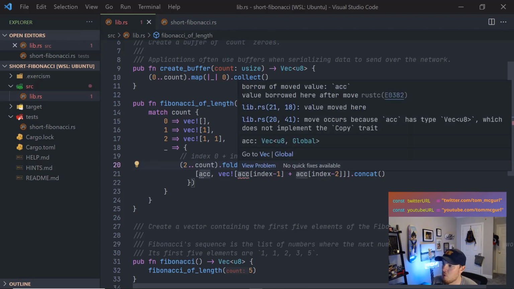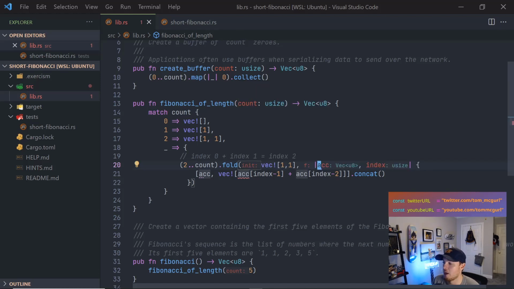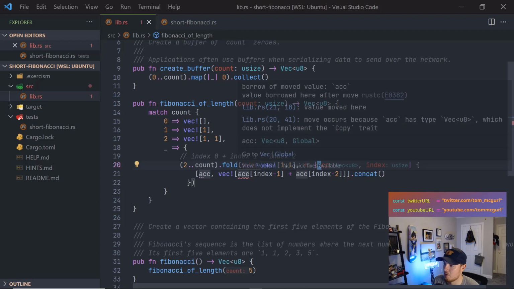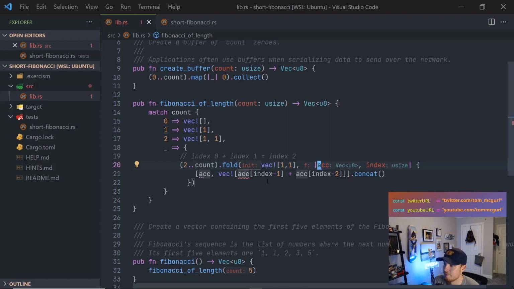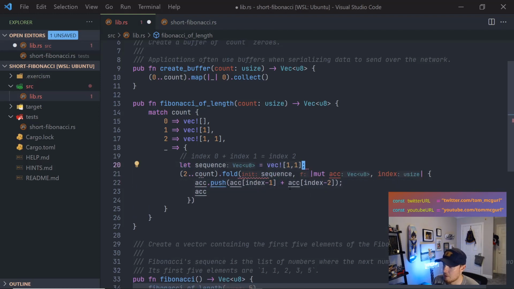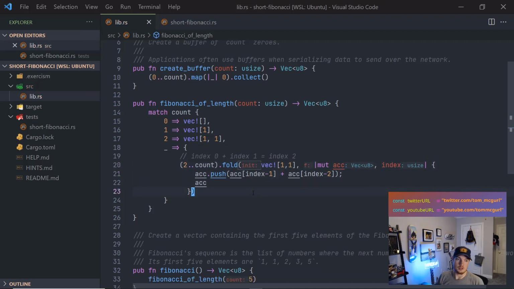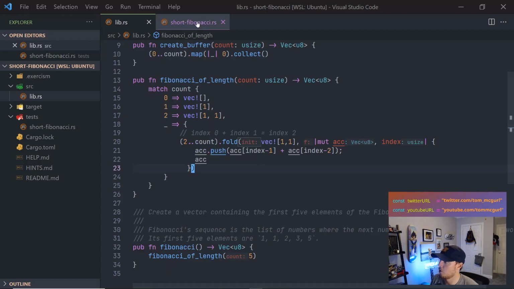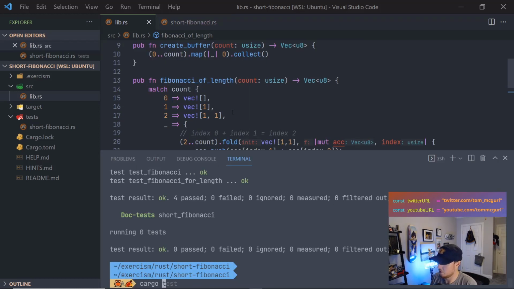And this is saying borrow of moved value acc, value borrowed here after move. Value moved here, move occurs because acc has type Vec, which does not implement the Copy trait. Ah, right, okay. So it's actually going to move this value here. So yeah, it's probably going to be a little more complicated. I think it's probably just similar to this. Pretty straightforward. All right, so let's make sure our tests still run first,